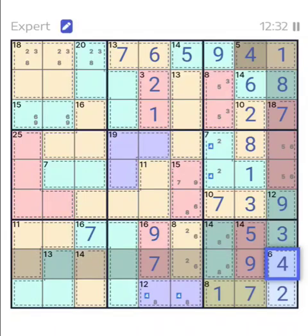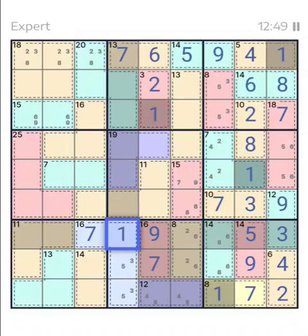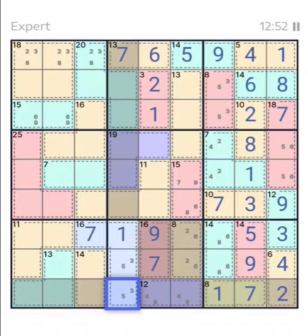Putting notes back on, we have the number 1 that can be put over here, 2, 3, which can go here and here, and number 5, which is missing. Okay. So this has to be a 1, and that's 3 and a 5. Works well with us. Okay. So this